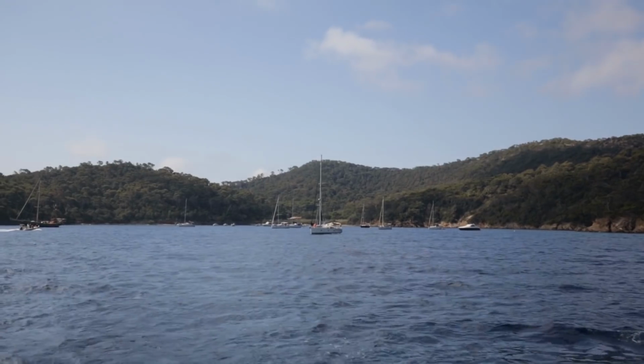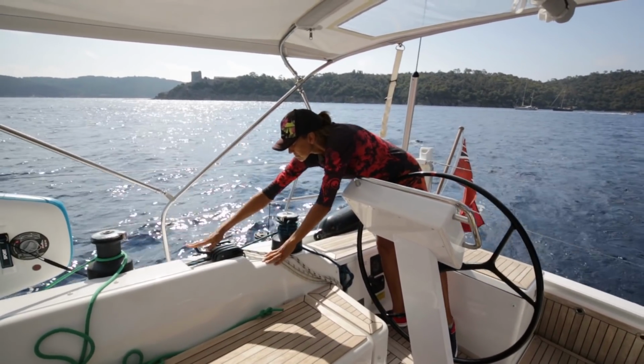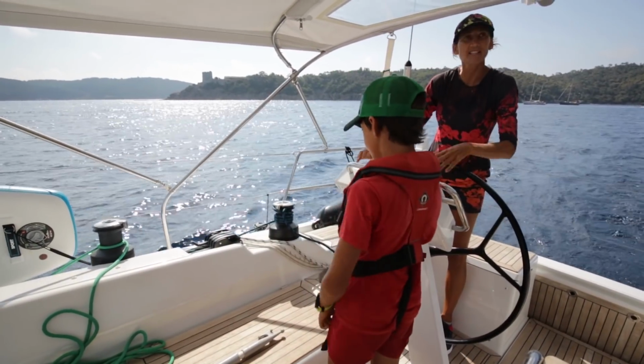As lovely as Port Mahon is, it's got the easterly blowing right down it, so it's become a bit choppy. So we're leaving Ile-de-Croce and heading across to the next island, which is the largest island in the Porquerolles, Ile-de-Porquerolles, and a bay that's been recommended by Jason and Helen, Bay de Langoustière, which looks to be nicely protected from just about all sides apart from the north. Okay, thanks Aidan. Right, let's get this sail